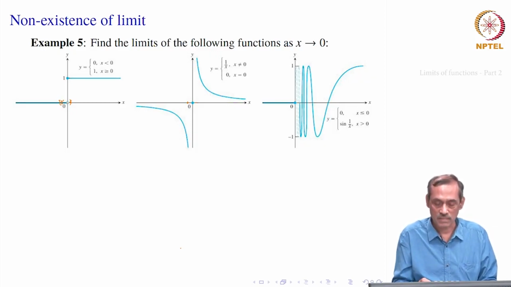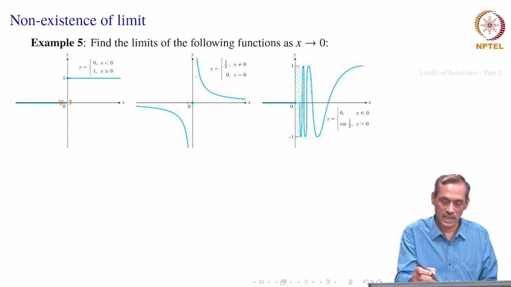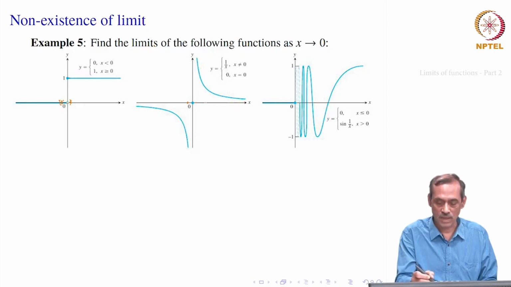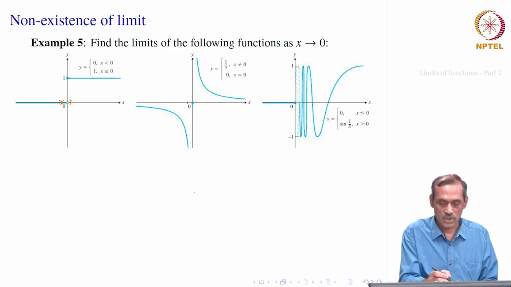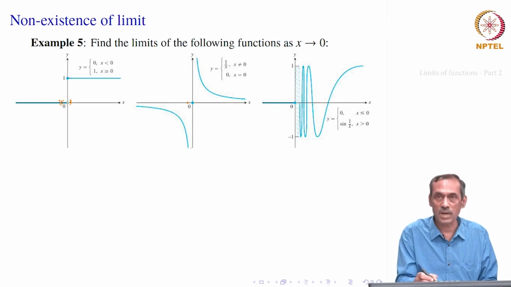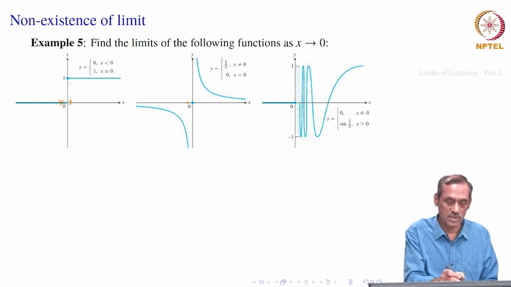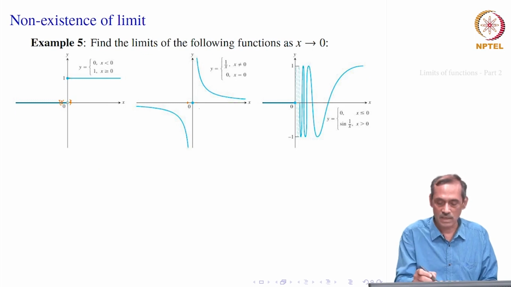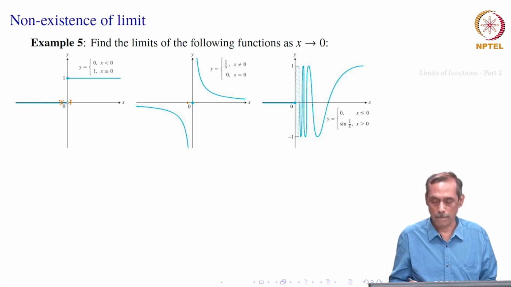but it is slightly different from the earlier case. Here on the right side, we are getting very large quantities as the functional values when x is remaining near 0. On the left side, it is very small values. It is not like 0 and 1. There is no specific number near which it stays when x is near 0. In the earlier case, on the left side, when x was near 0, f of x was staying near 0, and on the right side, it was staying near 1. Here on the left side, it does not stay near any real number, and on the right side also, it does not stay near any real number.